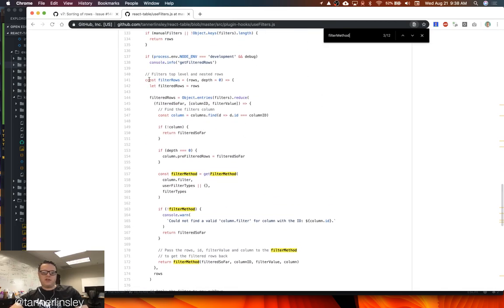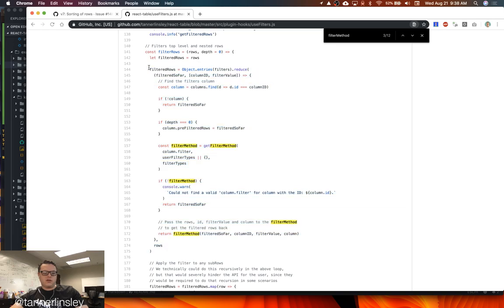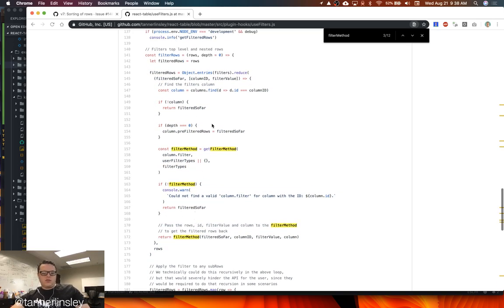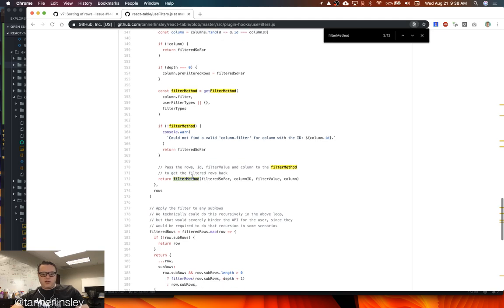All right, this is where filtering actually happens. So it's faceted filtering, which means it only filters the rows that were given from the previous filter in the order of the keys coming in from the filters object. And then right here, we pass filteredSoFar, which is an array of all the rows. We pass in the column ID that we're filtering on. Then the filter value